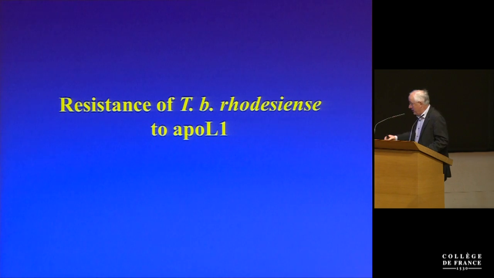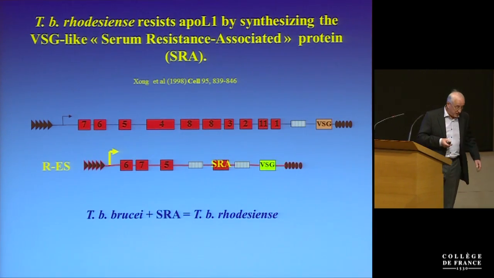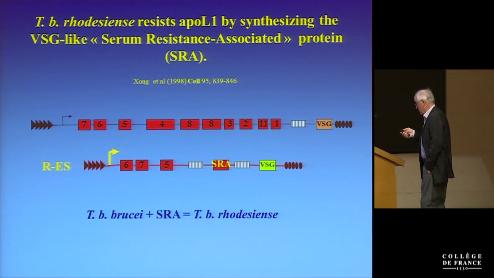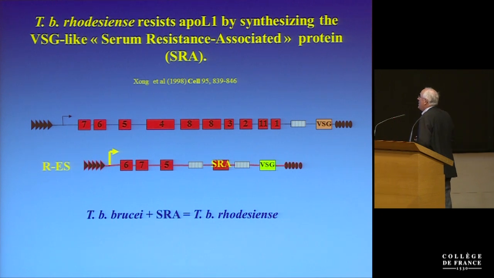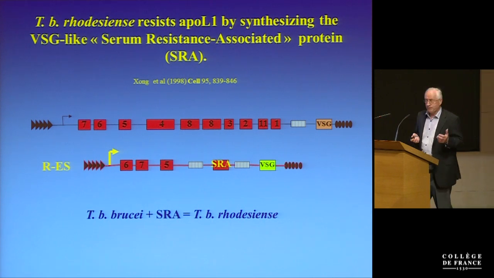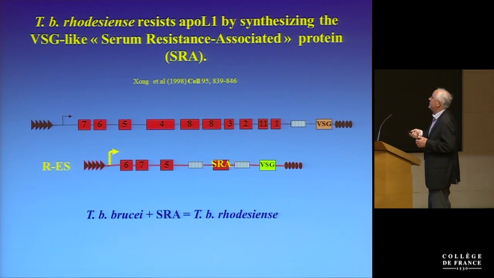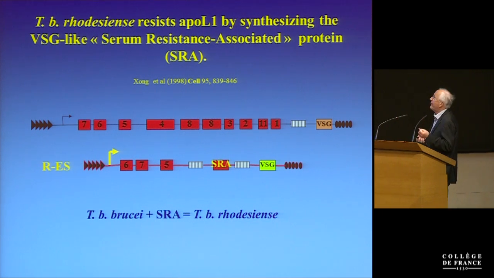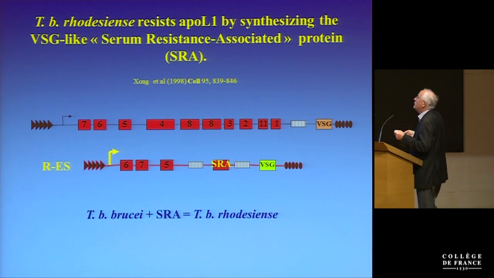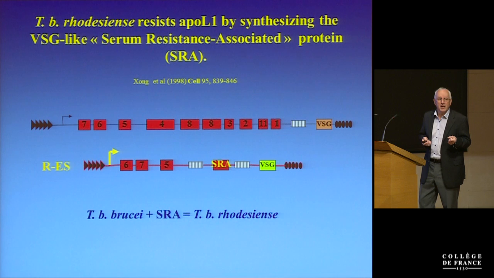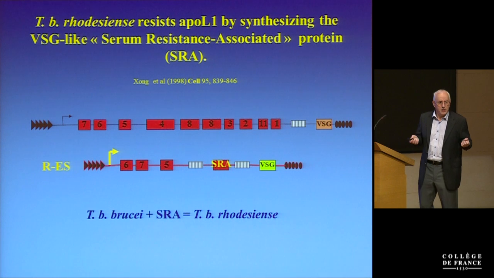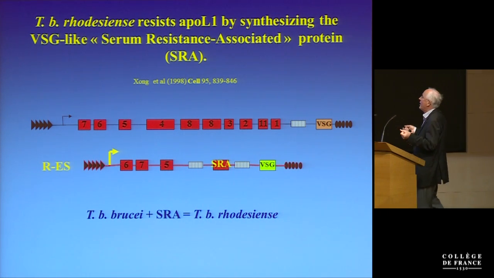Let's start with TB rhodesiense, which is typically found in Eastern Africa nowadays. Because that's where the story started in 1998, as you can see. At that time, we were working on the mechanisms of antigenic variation. And regarding TB rhodesiense, we were struck by the fact that these mechanisms of antigenic variation are actually linked to the way this parasite can resist TLF, or by the way TB rhodesiense can infect humans, okay, or to be infective in human serum in the lab.